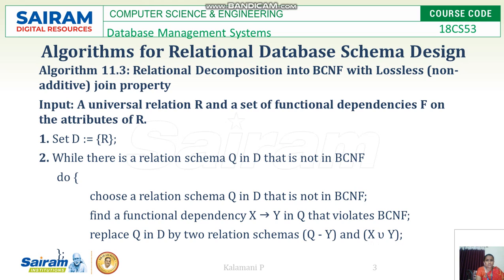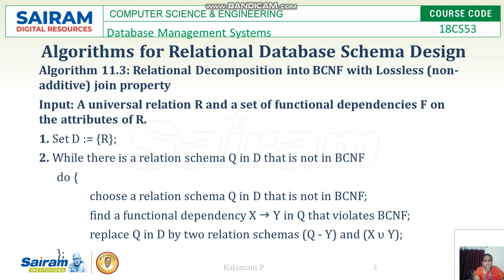Then another algorithm used is relational decomposition into BCNF with lossless join property. The remaining algorithms we have seen are relational synthesis into 3NF with dependency preservation, and 3NF with dependency preservation and lossless join property. This is relational decomposition into BCNF with lossless join property. For this also the input is the same: the universal relation R and a set of functional dependencies F on the attributes of R. First, D is initially set equal to R, and while there is a relation schema Q in D that is not in BCNF,